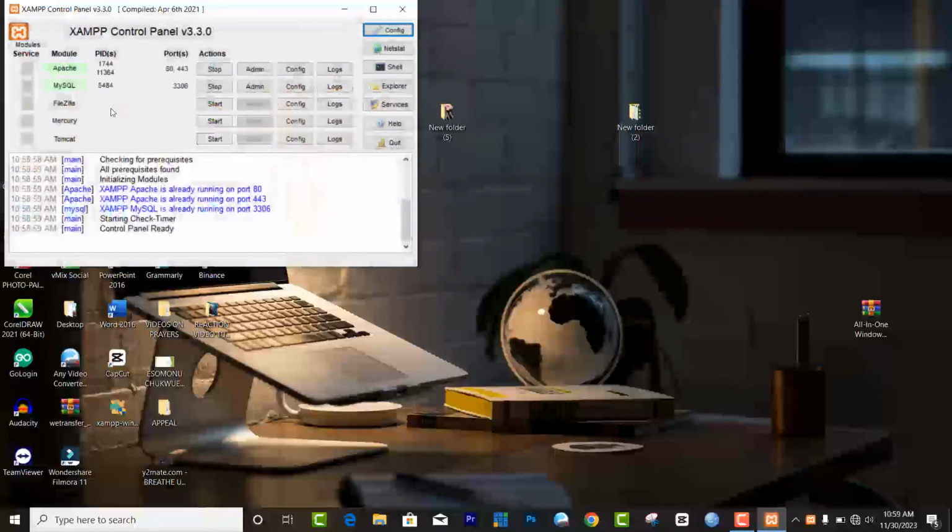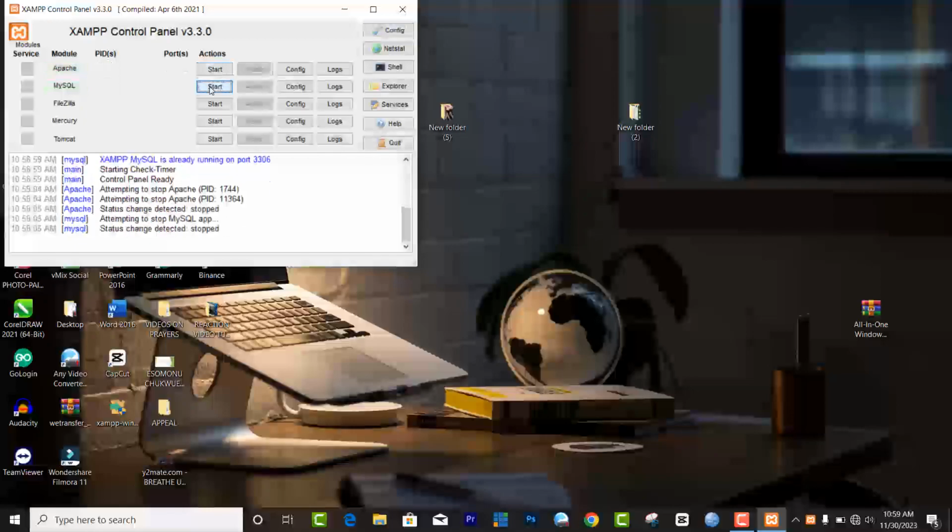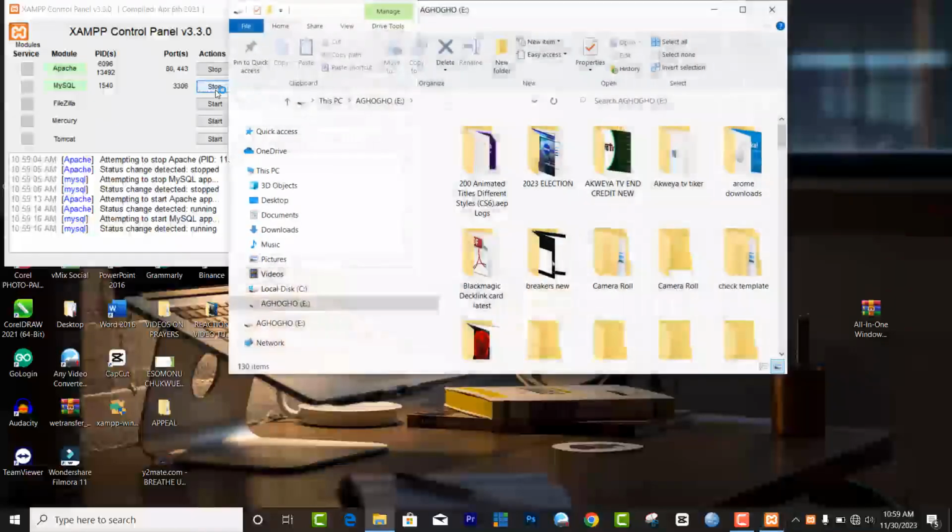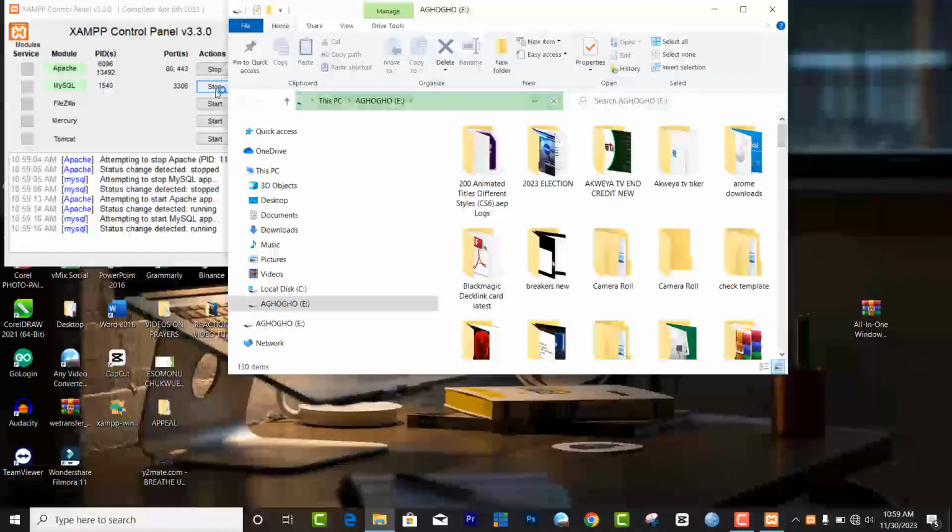And when you launch it, by default, ordinarily this will be on normal. It will not be highlighted. You are meant to launch it by clicking start for Apache, start for MySQL. In this case, Apache and MySQL will represent both your server and your database. Having said that,